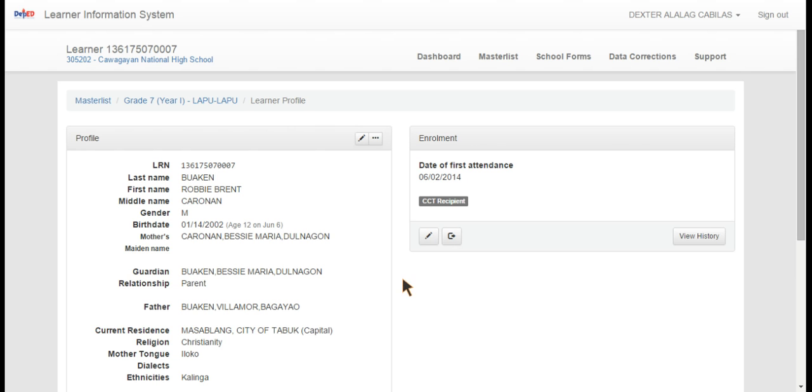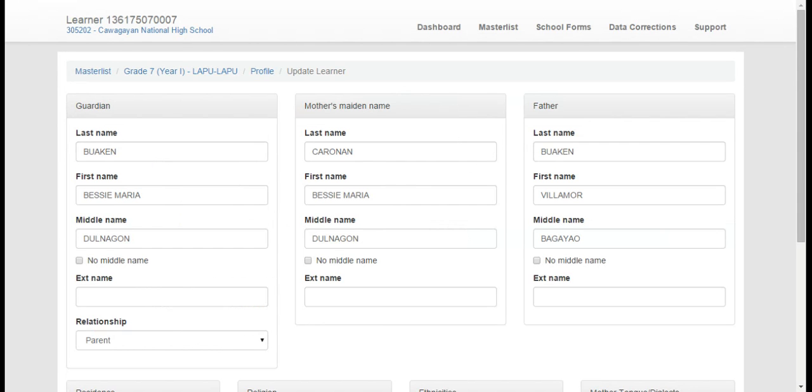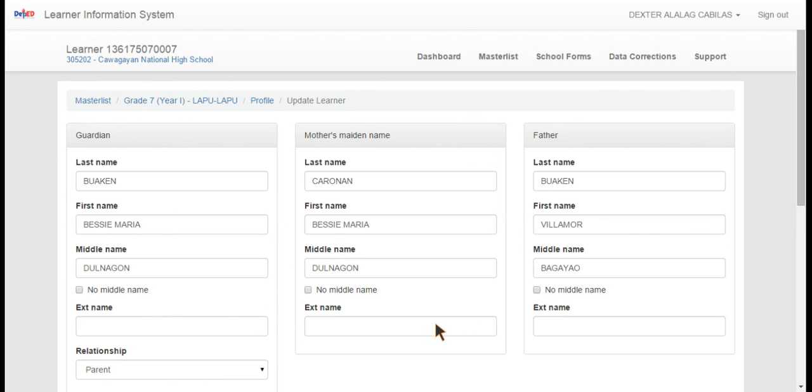Now, we have two important buttons here. The first button is the update button, and the other is the more options button. Now we're going to select the update button, and then it will bring us to the next window.